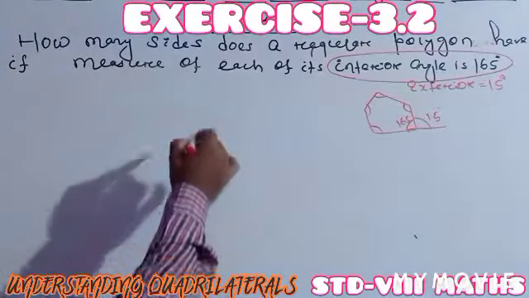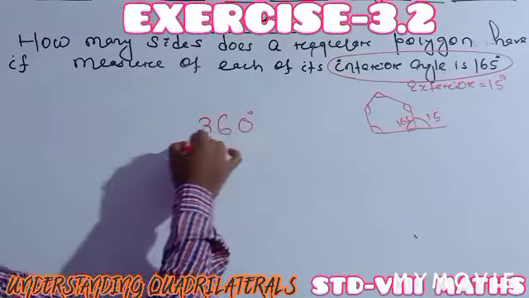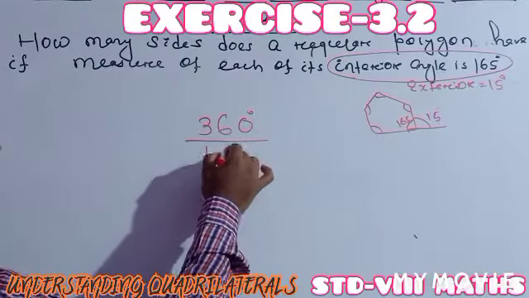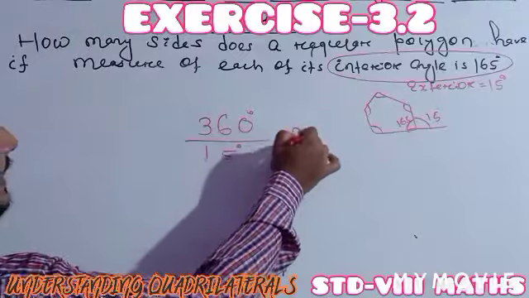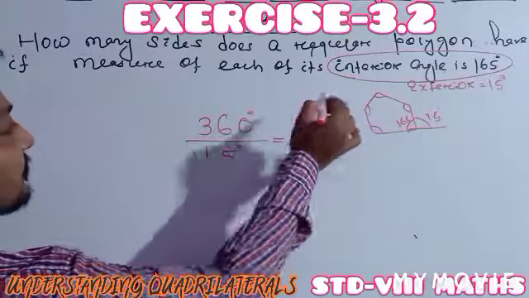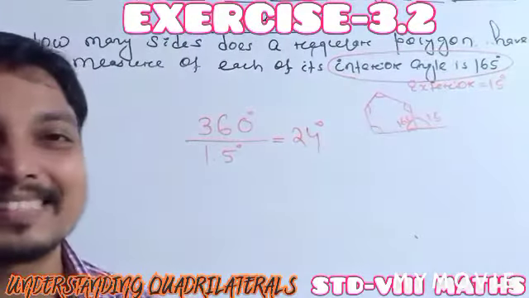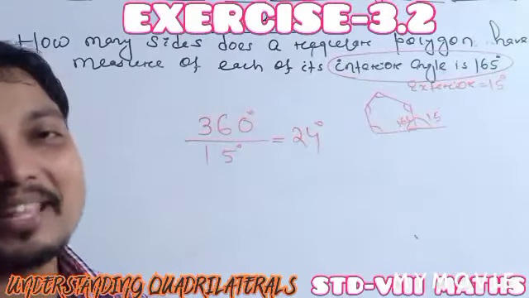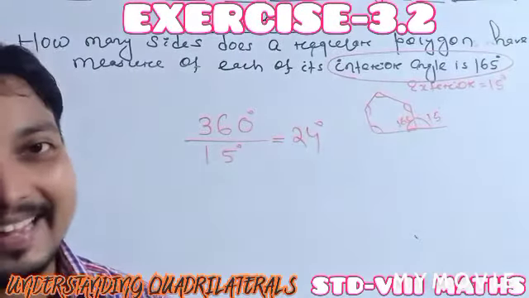So you know very well that the exterior angle is now known. The number of sides is 360 degrees divided by each exterior angle, 15 degrees, which is equal to 24. 15 times 2 is 30, and 15 times 4 is 60, so the answer is 24. Easy or difficult? There is a little bit of a trick within the question. Here the interior angle is given, you have to find the exterior angle, and then put it into the formula. Ready?